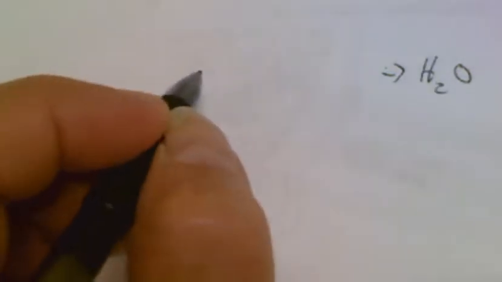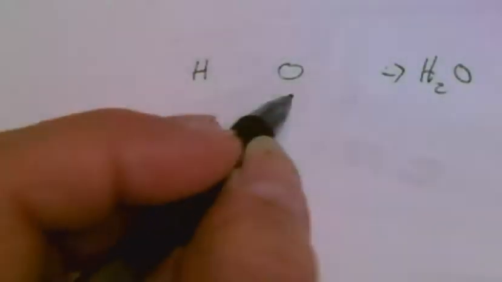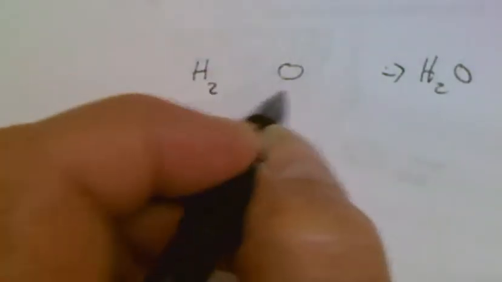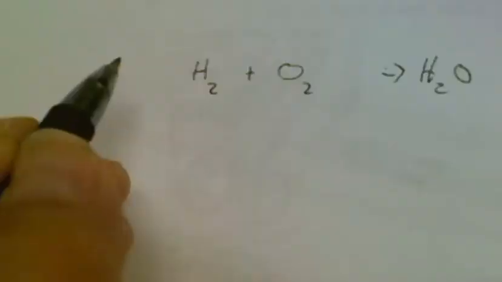So here's our formation reaction. We're going to make water. Well, we know that if I start off with my constituent elements on this side, I have to have hydrogen over here, I have to have oxygen over there. Both of these are homonuclear diatomic, so I have to have 2 hydrogens and 2 oxygens, and now I simply